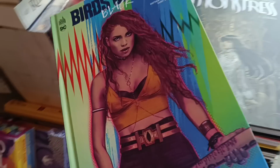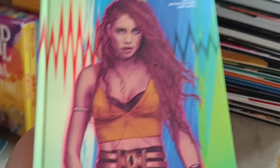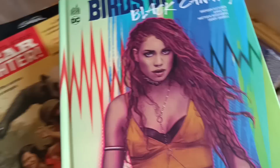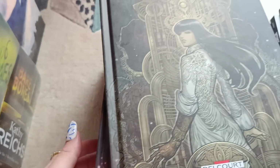Yeah, that's very cool. When I went through a phase, I got a whole bunch of Hit Girl comics as well, and they were really good, so it kind of reminded me of that. They're not really in order, by the way. I'm realizing they're really not in any kind of order. But